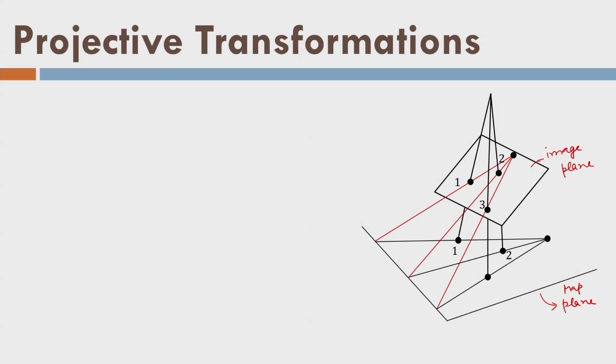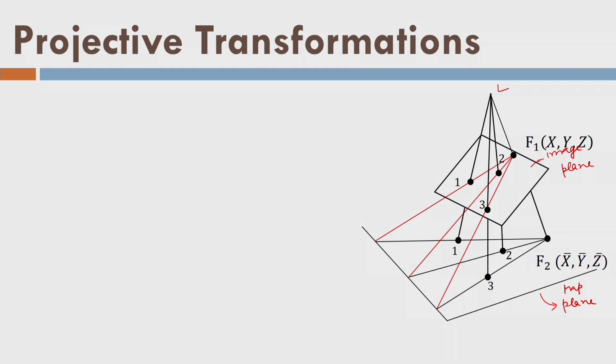All the 3 points are connected, that means they are present in both the planes. One plane is the image plane, another plane is the map plane. In the map plane, you can see all the 3 points of the same area. If I acquire the image, 3 points are there. Now, I can do the projective transformation. This is the perspective center here, and there is one more relationship because this perspective center will also connect to this point like this, and that is called projective transformation.